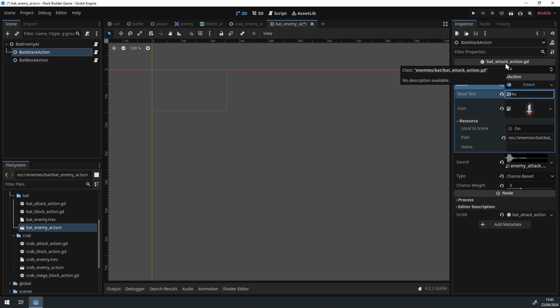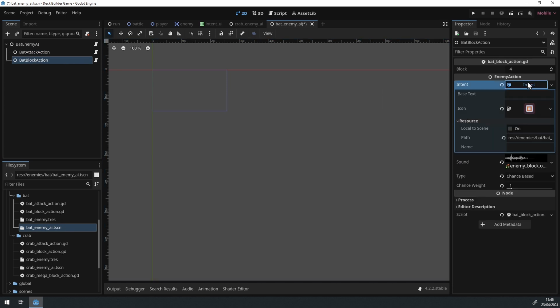It can be buffed, or the target can have the exposed status, and so on. So we say that this will be a placeholder value we'll replace later on, but by default, we can say that it's 2x something. For the block action though, it blocks for 4. And again, in my example, in this case, block is not modifiable, so we can leave it as just plain text of 4. Right. So let's save both of these with Ctrl S, and we're getting closer to actually fixing the issue,